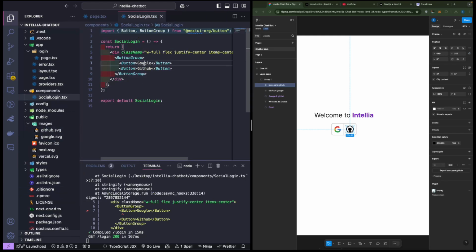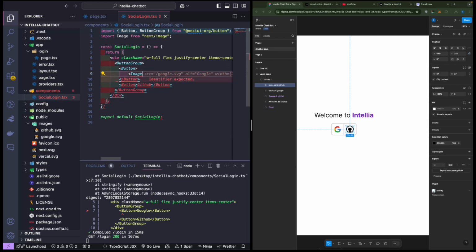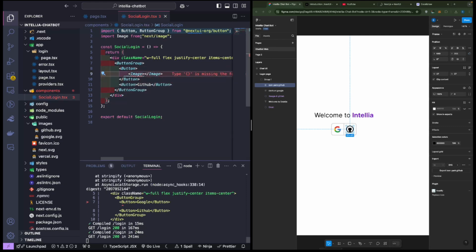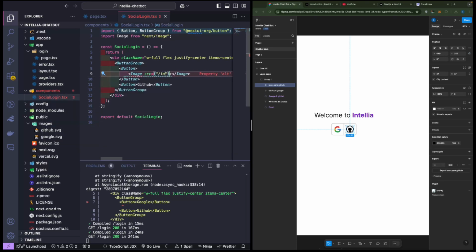Now, inside here, we are going to use them as image. So we are going to basically use Next.js image. So I'm going to say next image. I imported that from next/image. And then here we need to put the source. Source should be